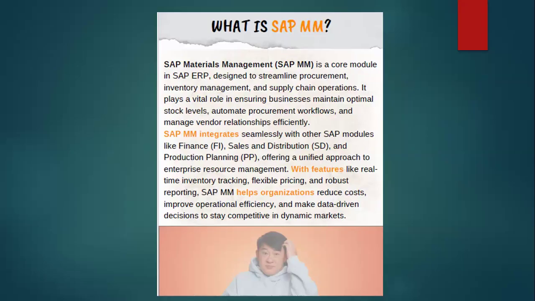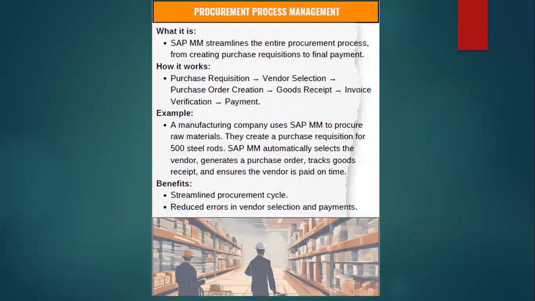relationships efficiently. SAP MM integrates seamlessly with other SAP modules like finance, sales, and PP, offering a unified approach to enterprise resource management with features like real-time inventory tracking, flexible pricing, and robust reporting. SAP MM helps organizations reduce costs, improve operational efficiency, and make data-driven decisions to stay competitive in dynamic markets. So SAP MM is streamlining the entire procurement process from creating the purchase requisition to